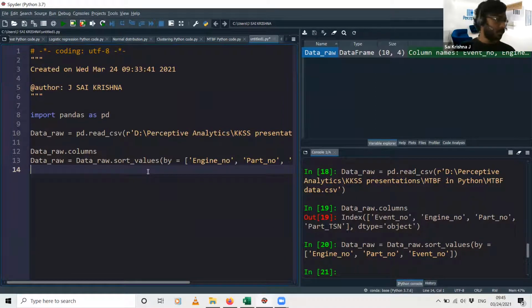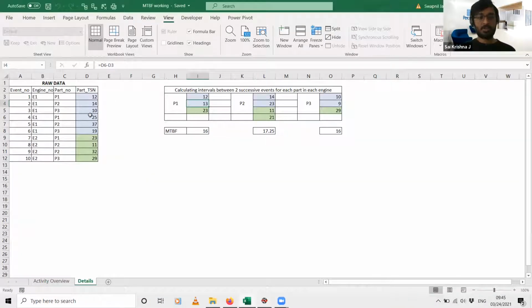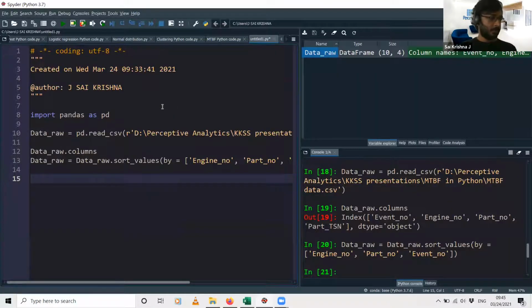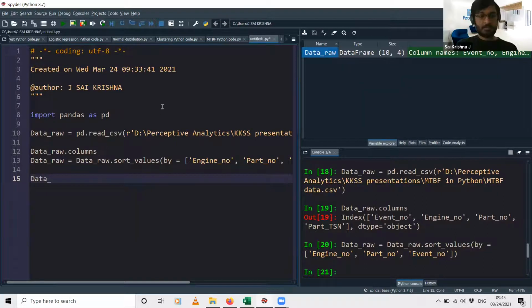After this, we need to perform the subtraction operation, right? So this 25 minus 12 is the operation that we need to perform. For that, we will use a different function called the group by function. How I will do that subtraction is I will create a new column in the same raw data frame.